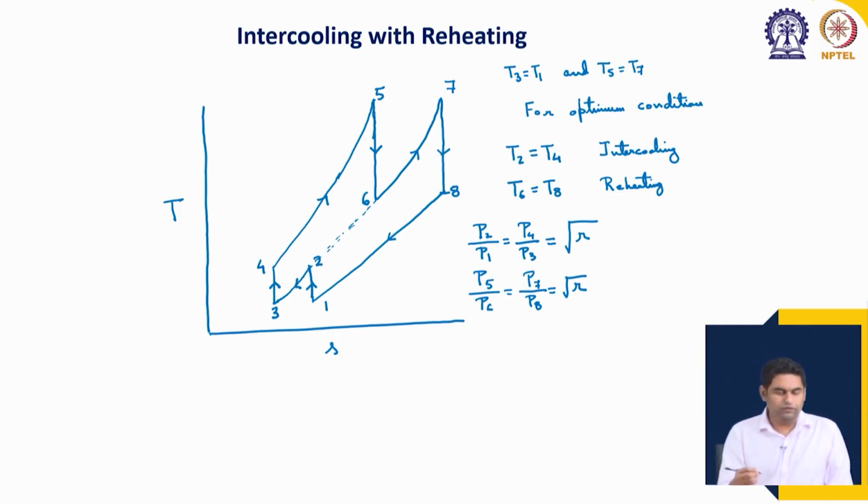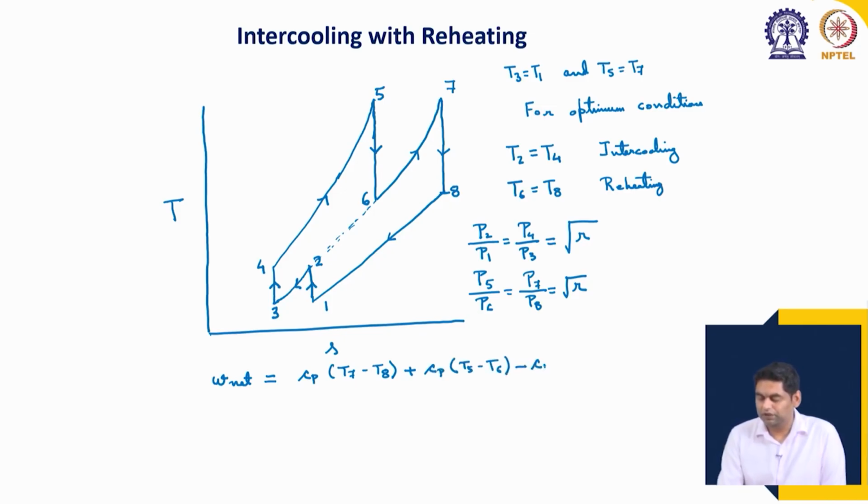So, now if we want to derive the expression for the efficiency and net specific work output, the work output of course changes as compared to previous cases, because in this case we have 2 expansion processes and 2 work additions, meaning work needs to be provided to the compressors. So, we will have Cp into T7 minus T8 from the low pressure turbine plus work output from the high pressure turbine Cp T5 minus T6